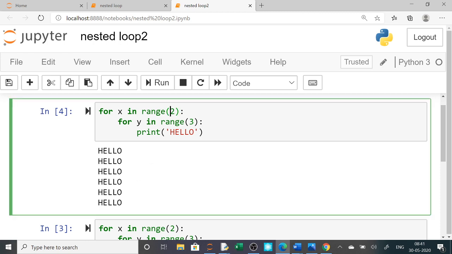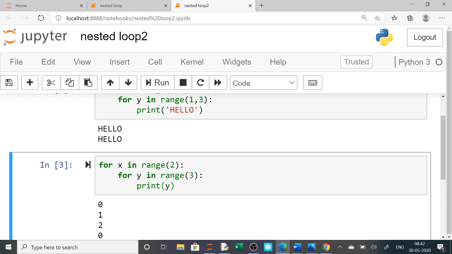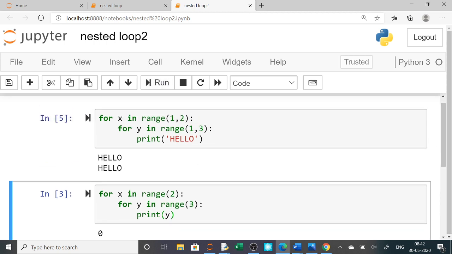Here you can check, suppose I have given 1, 2 here and 1, 3 here. Now how many times, tell me? 1. So this will be only once, and this will be 1 and 2, only 2 times. So 1 into 2, when you run it, it will print only 2 times. Clear? This question is normally asked in the annual exam, how many times hello will be printed. So you simply find out how many times the outer for loop is executed, how many times the inner for loop is executed. You multiply the two and you will get the answer.